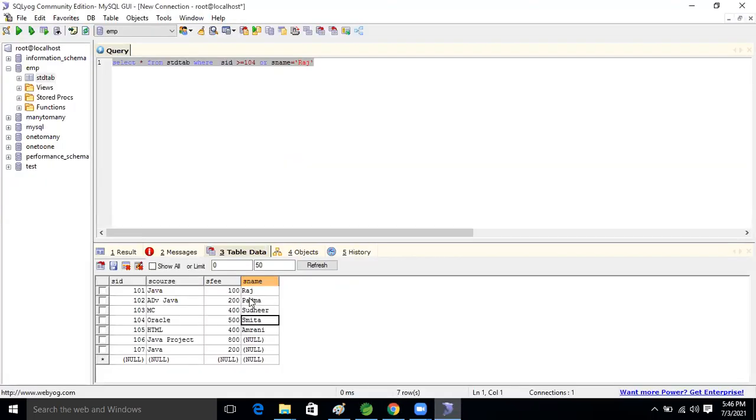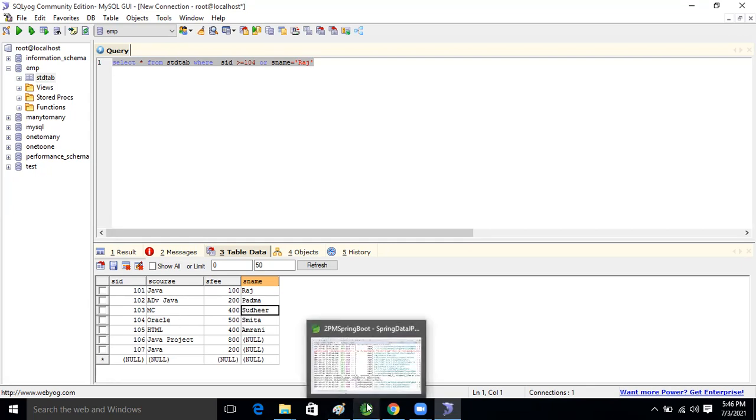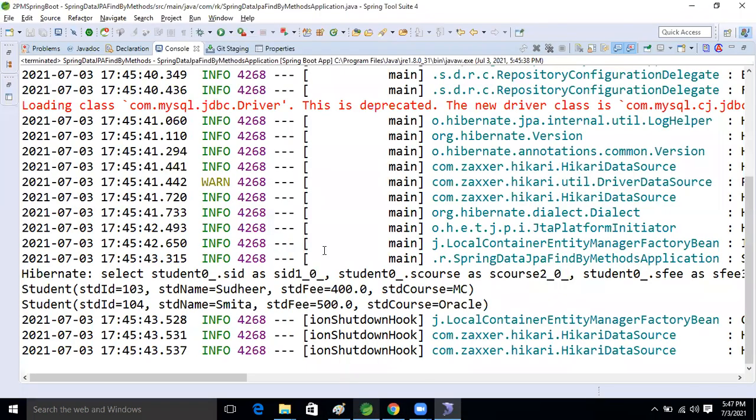If we are taking a letter, it will check all records. If A is there in the name, those records we will get. If we put H, then it will check H in the name, right? Only Sudhir has H; the other names do not have H. So what result will we get? Only the Sudhir record, right? Like operator only. Correct, only one record we will get, guys.